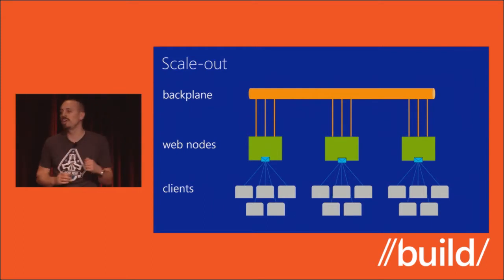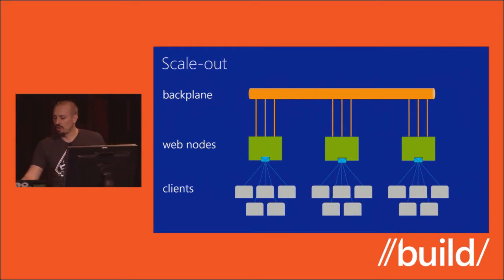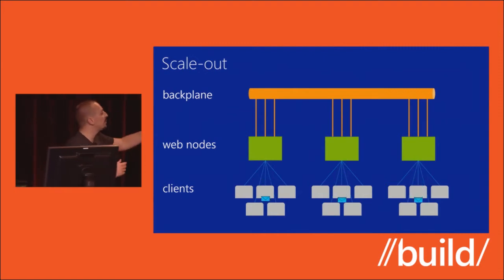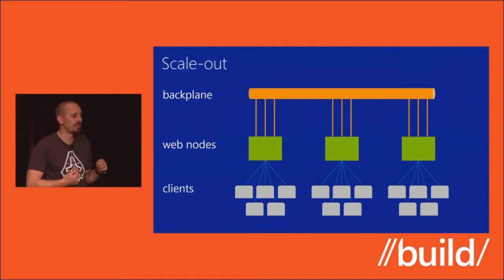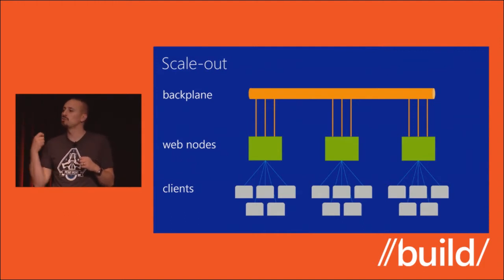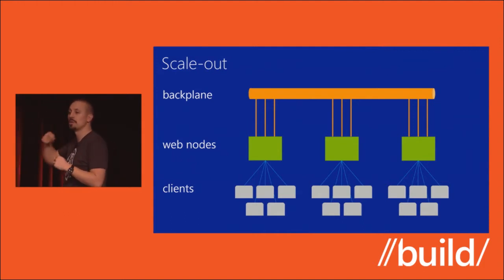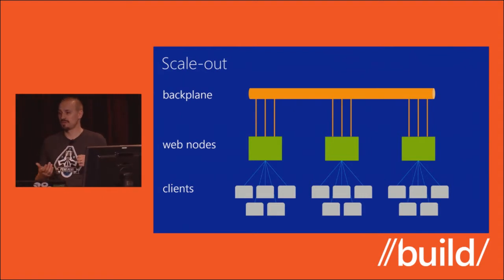And the important reason for that, and then obviously it goes off to the clients, is that an individual client can flip-flop between nodes because of round robin and that type of thing. And it's always going to be able to get the messages that it missed while it was reconnecting within a tolerance. And you're not going to get repeated messages, because of the cursor that we send back to the client